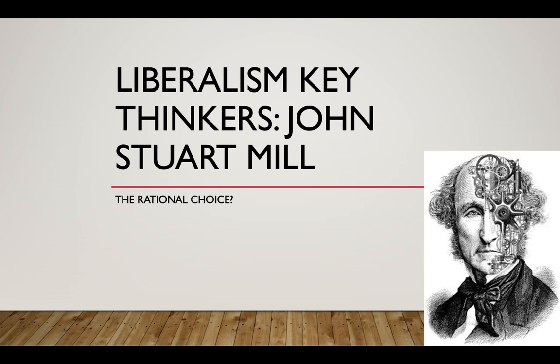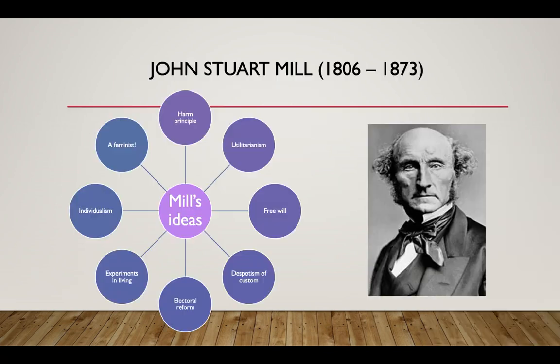Okay, so on to John Stuart Mill as the next one of our key thinkers for this course. He's regarded as one of the greatest of English philosophers and has made a great contribution to liberal thought. He was a son of a utilitarian philosopher, and he was more than an intellectual because at varying points in his life he was also a politician, a Liberal MP, a campaigner for various causes, and a civil servant. And what's interesting about Mill is that he also provides a bridge between classical and modern liberalism, as we'll see. So, what are his key ideas?